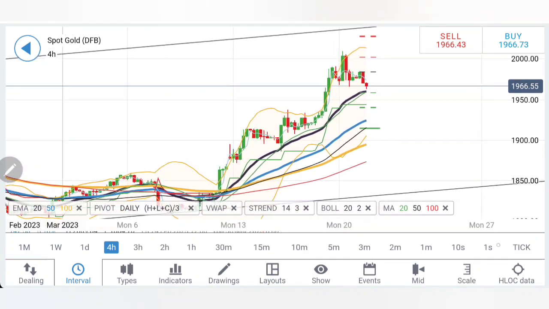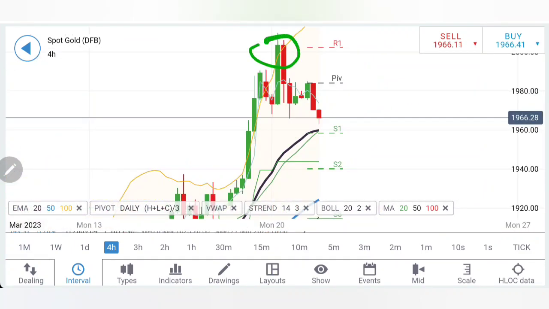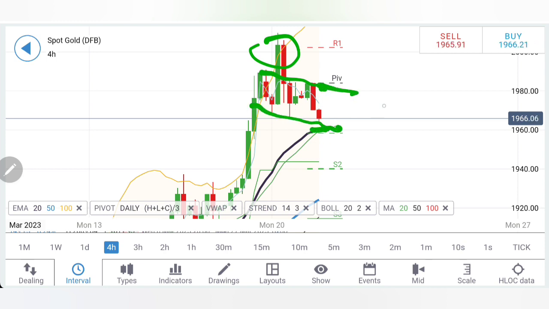And if you look at the 4-hour chart, see, this was the one odd move, and barring this move, it is still very much within this channel. So yes, 1964-65. In fact, those who want to trade safe should only sell at 1960 levels. And if you are buying at 1970, 1972, remember, on the upside you have to be watchful and very careful,